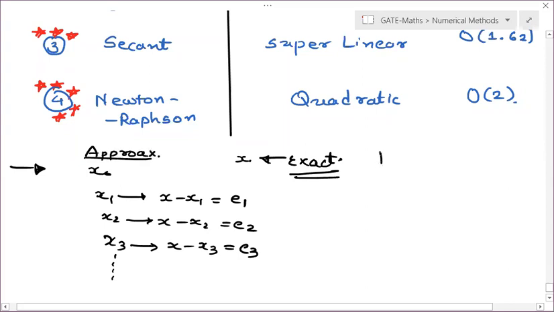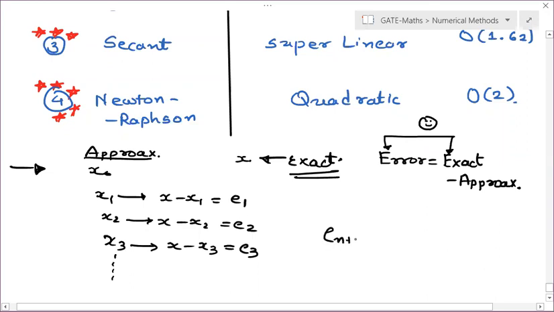Now, what is the formula of error? Error is equal to exact minus approx. For this chapter, you need to remember this. We are going to use it in all different methods. Error equal to exact minus approx. यहाँ पे confusion क्या होता है? What is the main confusion over here? In exam, you will get confused whether it is exact minus approx or approx minus exact. So for that, just remember this: your E and E should be together, right? So error is equal to exact minus approx. EE. Okay.